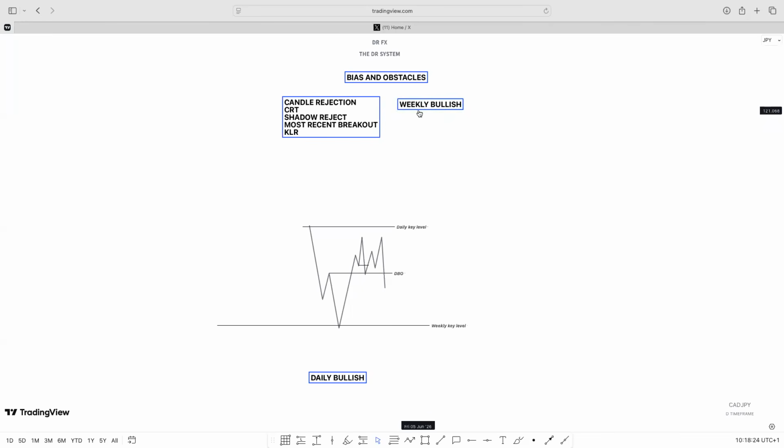Yes, you're going to be using daily key levels for entry, meaning any entry you have on the lower time frame, your entry zone must be overlapping with the higher time frame zone, which is the daily zone or the H4 zone. And then the entry must be structure type 1,